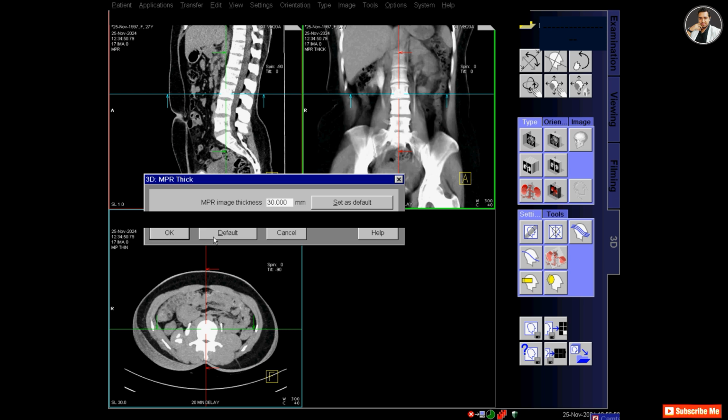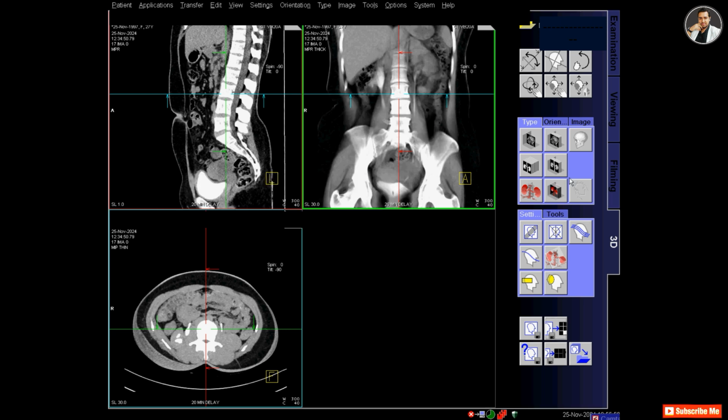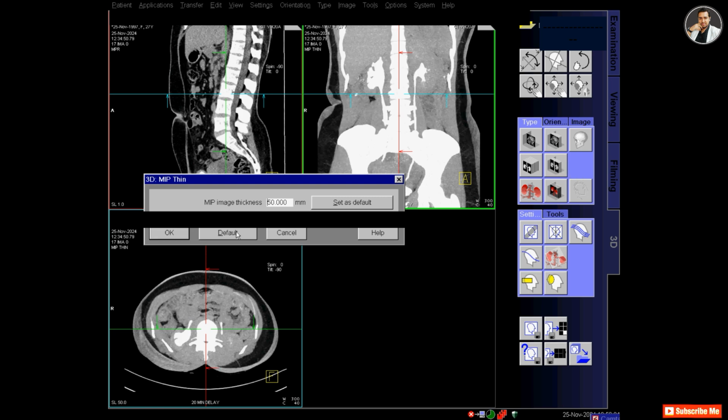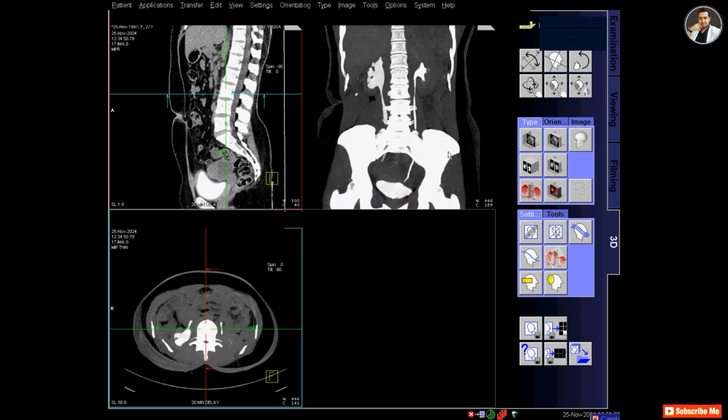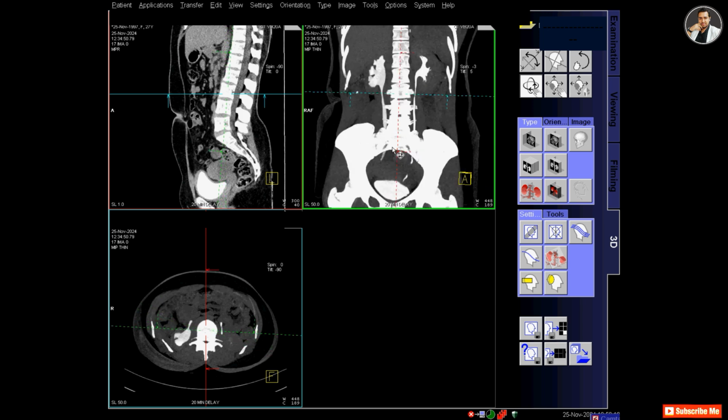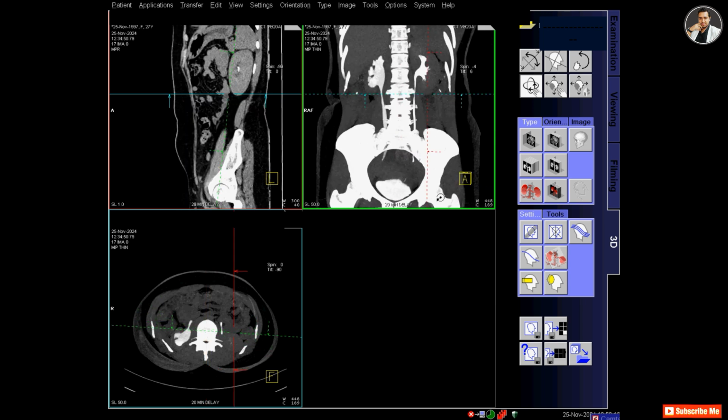Now I will make MPR thick images by changing the slice thickness to 30, and in the MIP segment you can see that the ureters are visible, and you can rotate this.